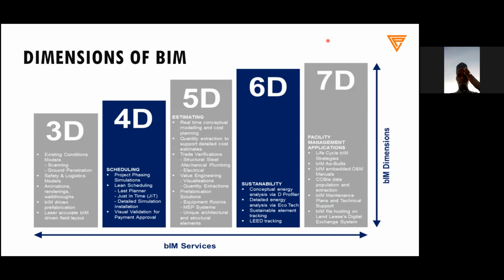So whenever we create a BIM model, whenever it is a 3D intelligent model, that comes under 3D. But in BIM, there are other dimensions as well, that is 4D, 5D, 6D, 7D, and some people also call 8D, but we are not covering 8D. So let's understand what is 4D, 5D, 6D, and 7D. 3D, you understood, we create a 3D intelligent model. What is a 3D intelligent model? We have columns, beams, sections, and other elements, whichever we can construct over the site.